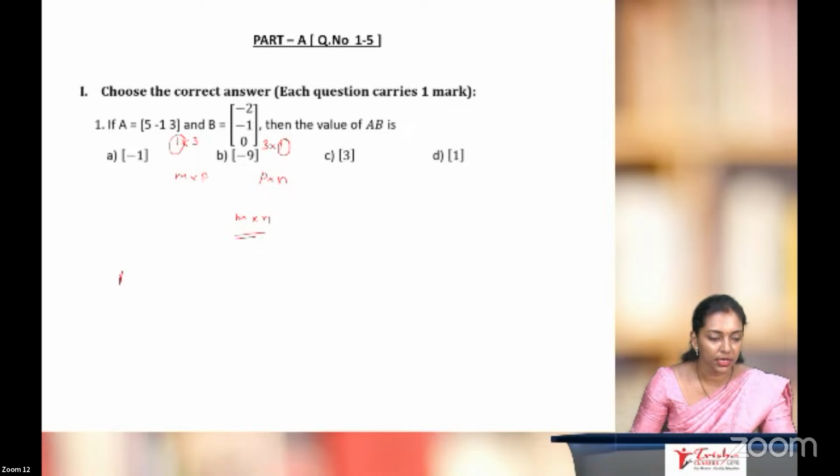So that is AB equal to, so just multiply 5 into minus 2, minus 10. Next, you're going to multiply and then add minus 1 with minus 1. So you have plus 1. Next, 3 with 0, plus 0. Okay. So you have the answer minus,